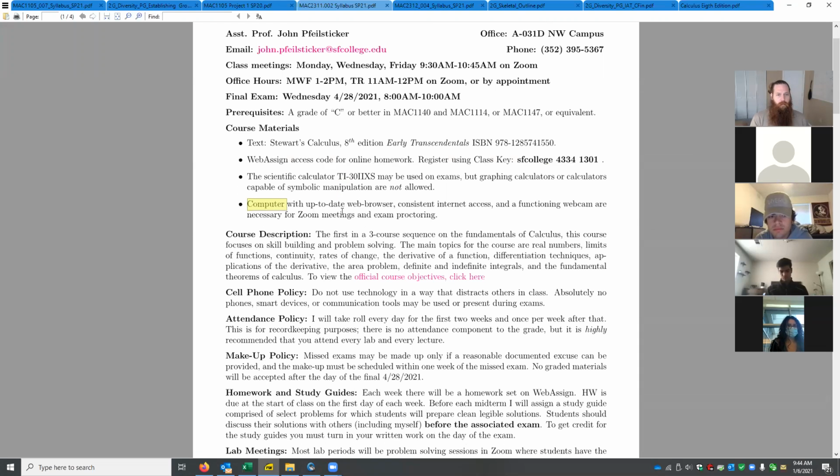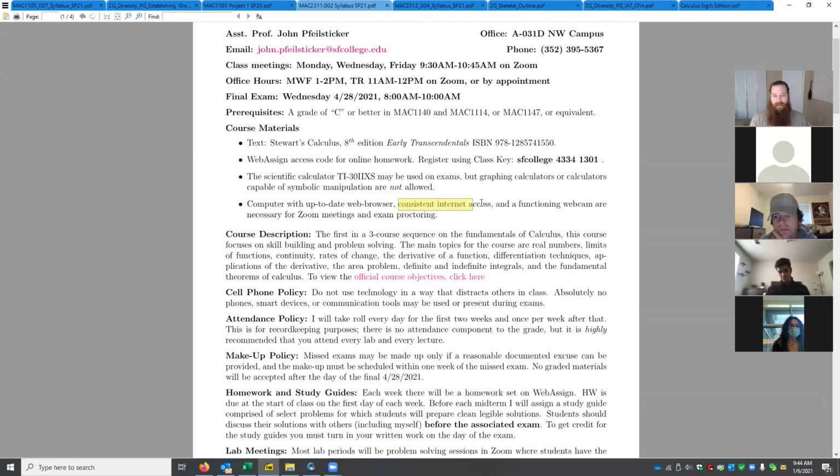Another thing to be aware of, some stuff that you will need for this class, of course, is a computer. You need to keep your browser, specifically Chrome, up to date because for the exams, we're going to use HonorLock as a part of our proctoring system. And HonorLock requires that Chrome be updated regularly. So if you don't have automatic updates turned on for Chrome, please go ahead and do so.